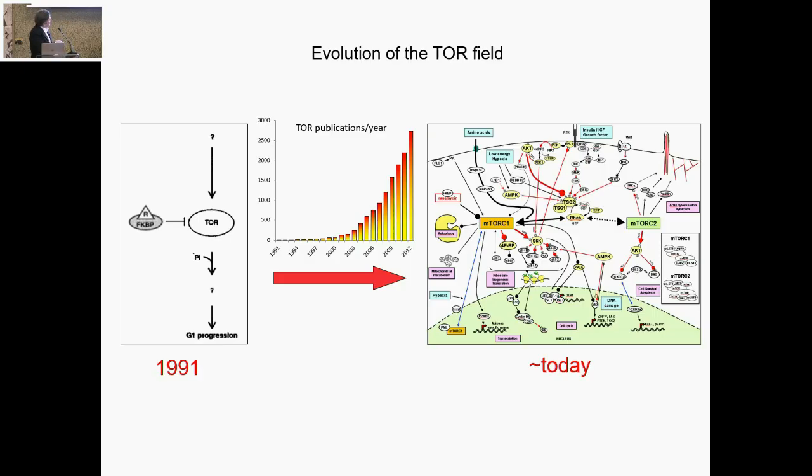Now, this increase in complexity in this field has been driven by this exponential increase in publications in this area. So this would be, I guess, an allegro phase of cell science. And this increase in publications has been driven by the fact that mTOR turned out to be both fundamentally important and medically important. In fact, much more so than we suspected when we first came across it in the early 1990s. Now, the field actually started before 1991.